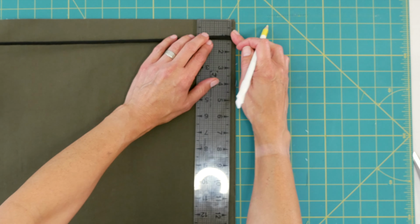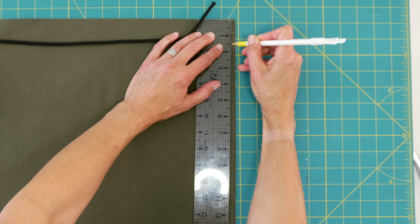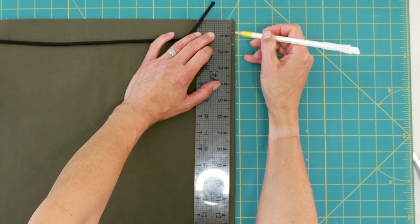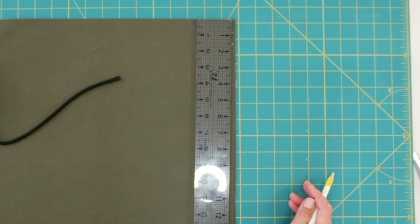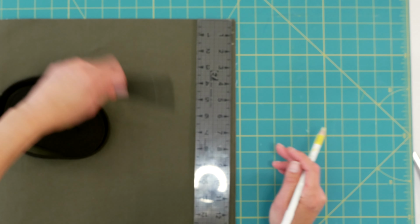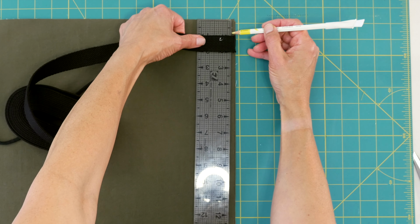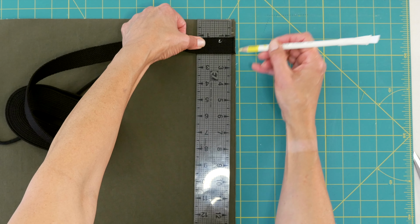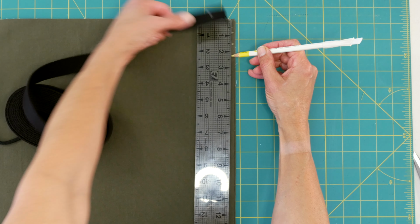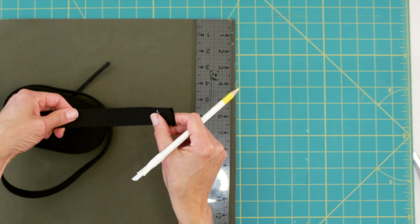I'm going to place my top line of stitches 7/8 inch down from the cut edge, which will be 3/8 inch down from the top of the sewn bag. Once the bag is sewn, it'll be 3/8 inches down. Then I'll plan the casing to be wide enough to accommodate my strap or cord and a little room to allow it to move. If I was using a flat type of strap, the same idea. Wide enough to fit your strap, plus at least 1/8 of an inch so to allow the strap to move